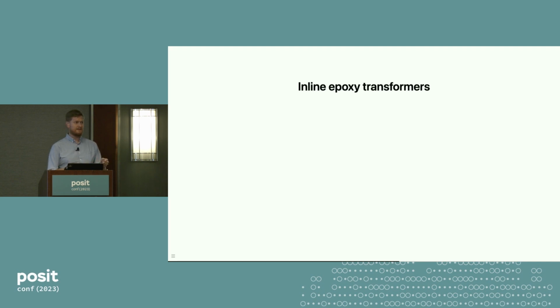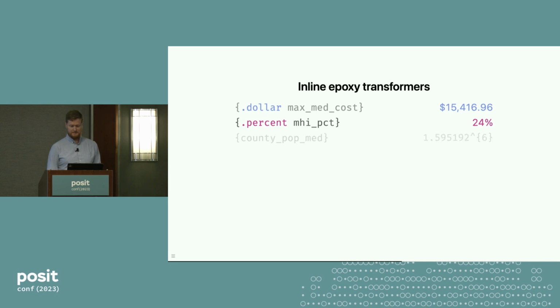All right, let's see some of these other things that you can do with these inline formatting syntaxes. Right, so we saw that if you have a number that should be a currency or a dollar unit, we can use $, and we get a number formatted like $. If you have a number between 0 and 1 that should look like a percentage, you can say %, and it's formatted like a percentage. A very large number that should probably have some commas to tell you where the placeholders are, you can use .comma. Epoxy isn't just for numbers.